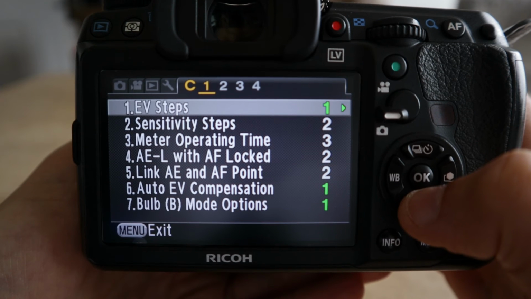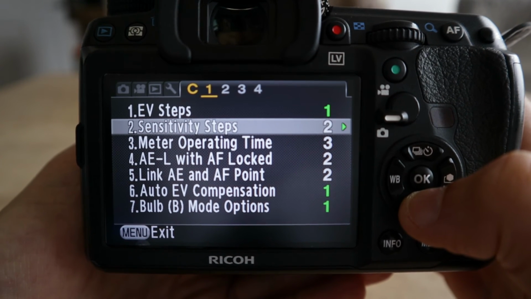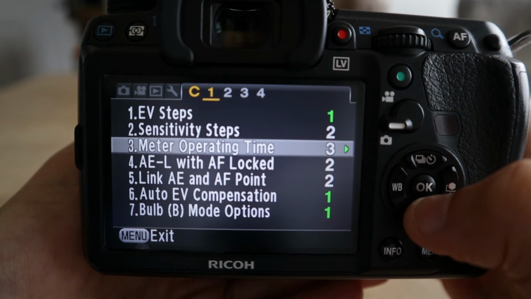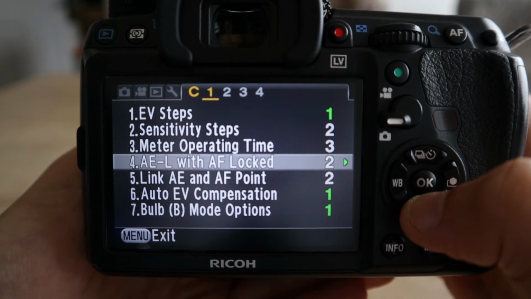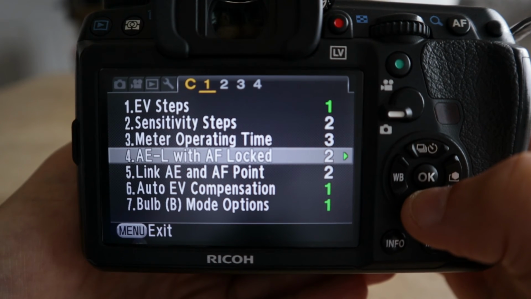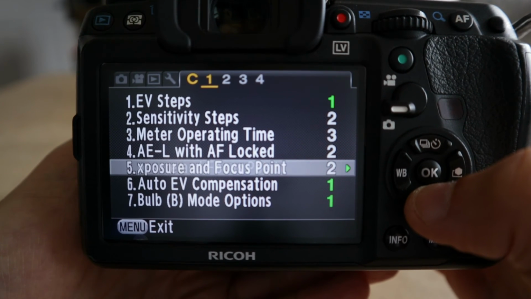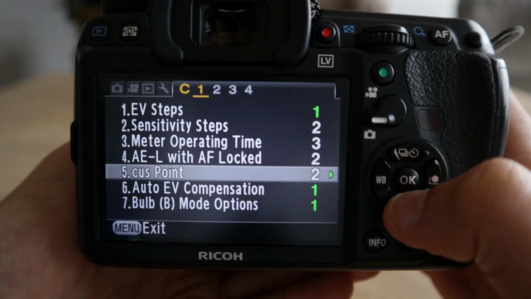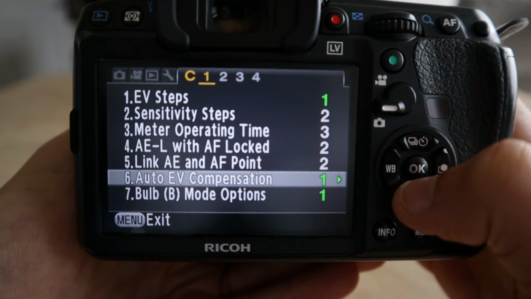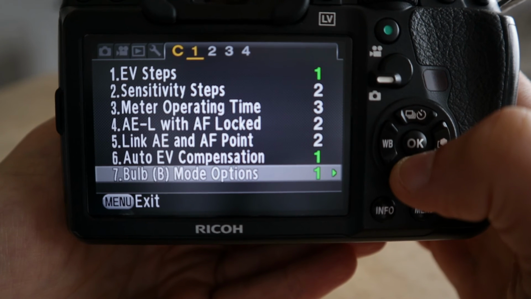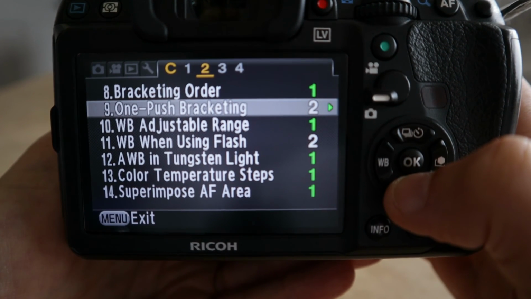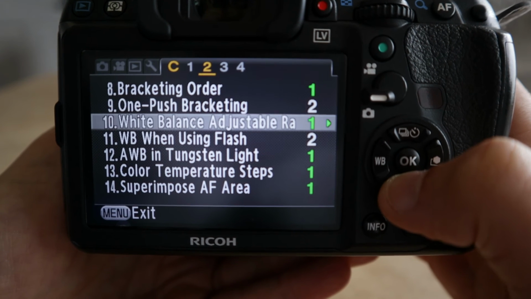So number 1, EV steps is set up to 1, sensitivity steps is number 2, the meter operating time I've got set up to number 3, the AEL autofocus lock is set up to number 2, link the exposure point and the focusing point, I've got that set up to number 2, auto EV compensation is on 1, the bulb mode is on 1, the bracketing order is on 1, push bracketing is on 2,